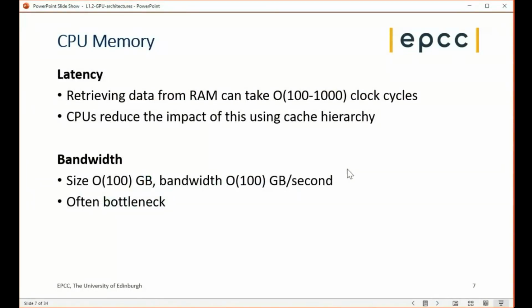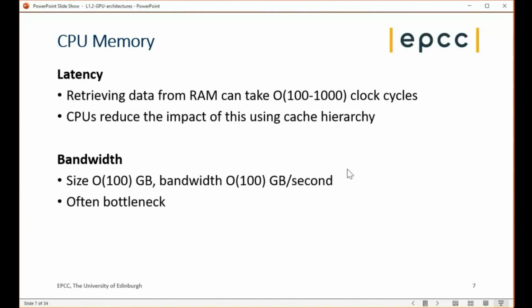What about memory? Well, unfortunately, memory hasn't really got much faster. Retrieving data from memory can take 100 or 1,000 clock cycles, which is a long time. Now, if you look at those figures, you would say that your laptop will run at a snail's pace. Of course, it doesn't, because the processor goes to great lengths to make sure that the data is in cache. So we have a lot of levels of cache to reduce that,